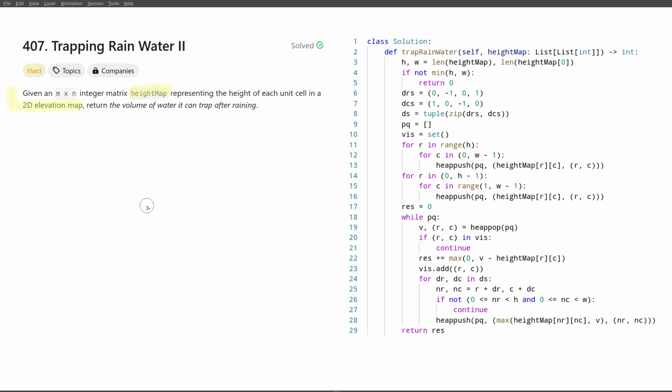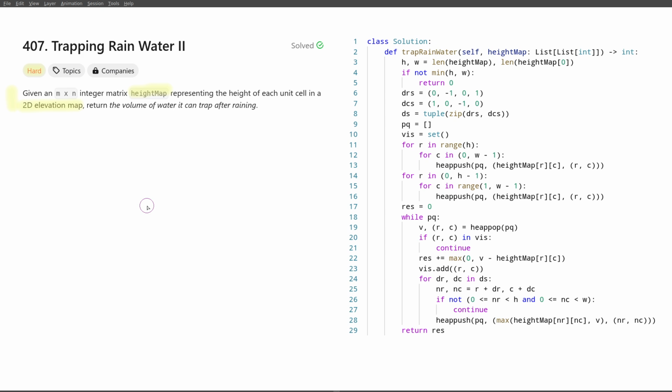And the reason why it works is that it uses a priority queue to always select the smallest value from all the values reachable from the current set. And this is going to be very similar to what we are going to be doing here. We're also trying to expand our set starting from the lowest heights. Here's why it works. For instance, at the beginning we have the boundary. So when we look at the smallest height of that boundary, then we know what the height of water is